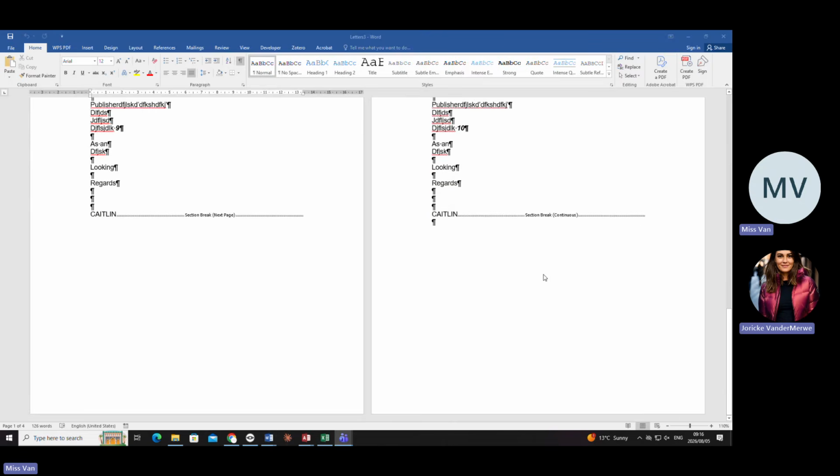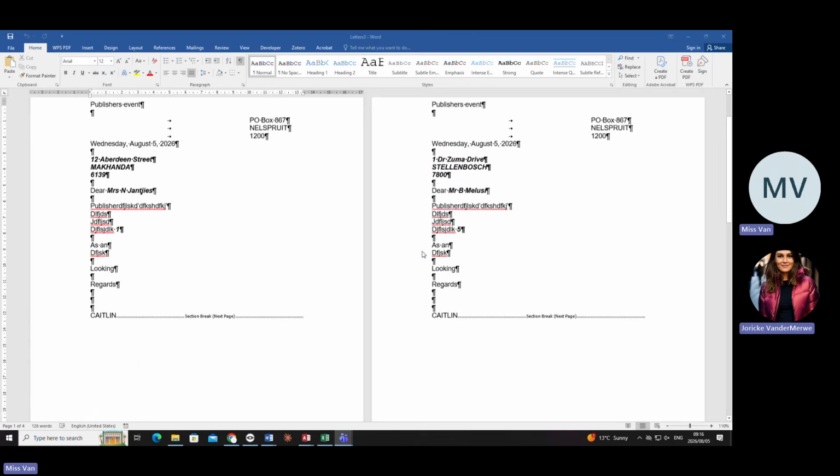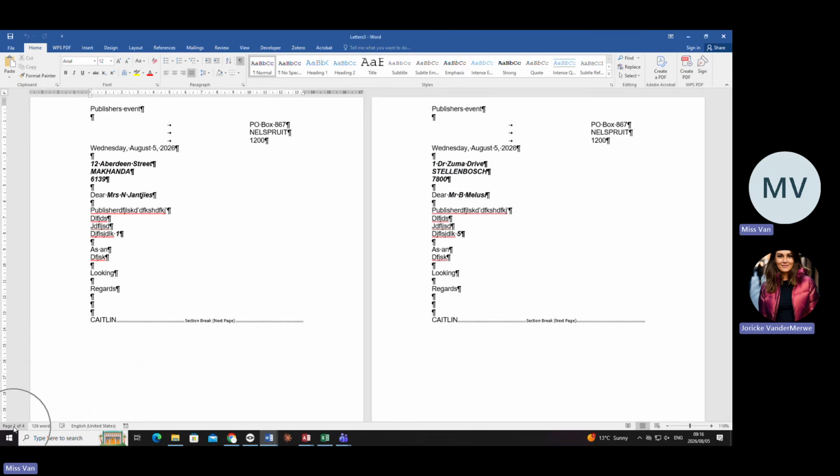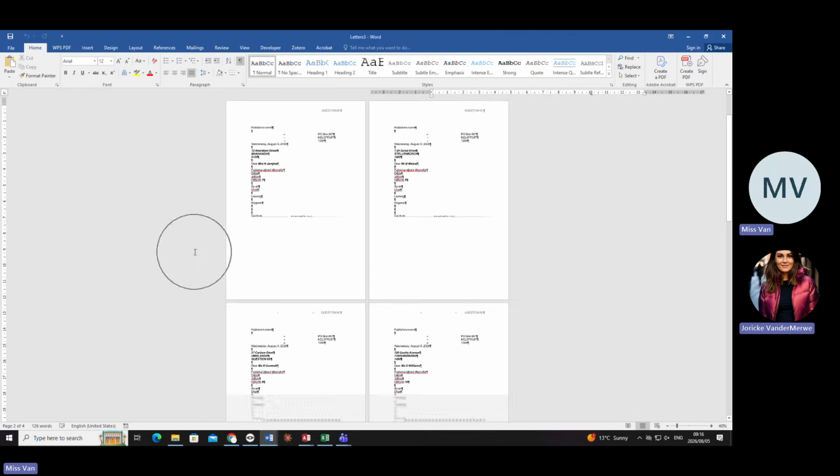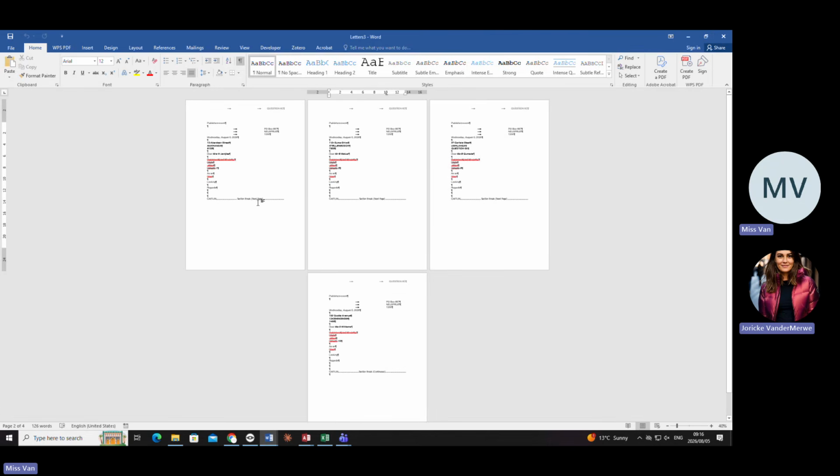It's 3. So you will see here, if I click here, what page displays here? Page 1 of 4. This one is page 2 of 4. So can you all see page 1 should not be printed? Okay. How am I going to only print the 3? Am I going to print all 4 and throw the first one away? No, that's wasting paper.